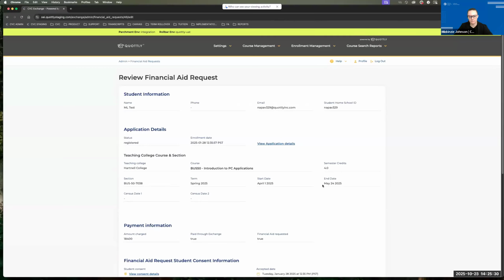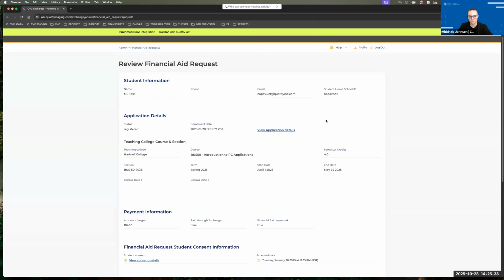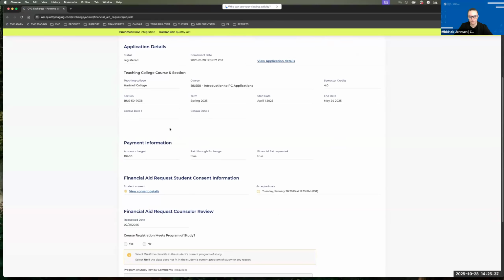So if we were to review these requests, you will see the student information here at the top. You will also see potential transfer information for the course underneath the census date. This is not pulled in staging, but it will be pulled into your production environment. However, ultimately, what you are